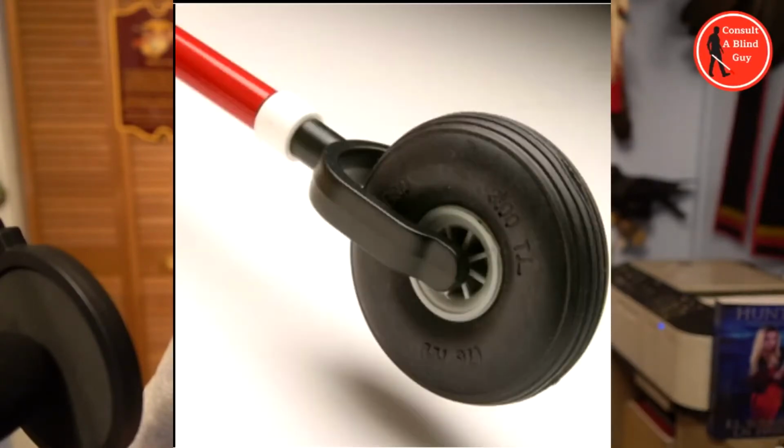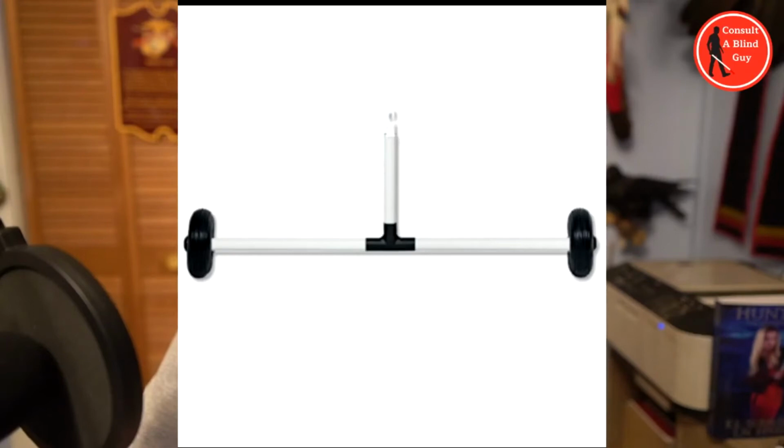They provide a constant contact and audible feedback, with the exception that if you do not rotate your hand or your cane at all while you're walking, you're going to put wear on that one particular side, which means over time you are going to have to replace it much sooner than you would with one that has the roller capability to it, unless you want to constantly rotate your cane in order to get that even wear across the cane tips. And then the two that I do not plan on purchasing are the Rover Freewheeler and the dual